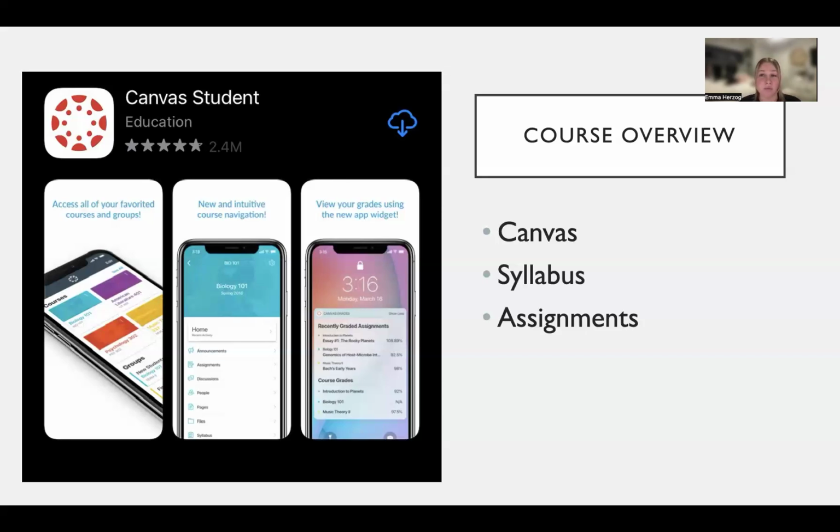But at any point, if you're having further difficulties related to accessing Canvas, sending me emails, or locating any of the material, it's important that you reach out to the IT department on campus and they can better direct you. Unfortunately, I do not have any access when it comes to issues related to Canvas, but if you do have direct questions related to course assignments, the syllabus, or just how to access my modules, that's something that I can definitely help you out with.